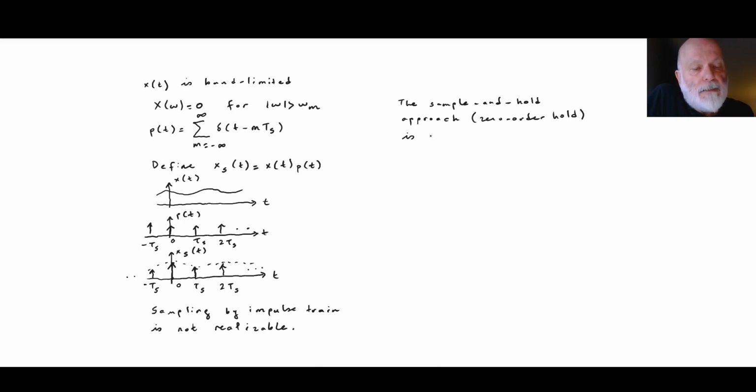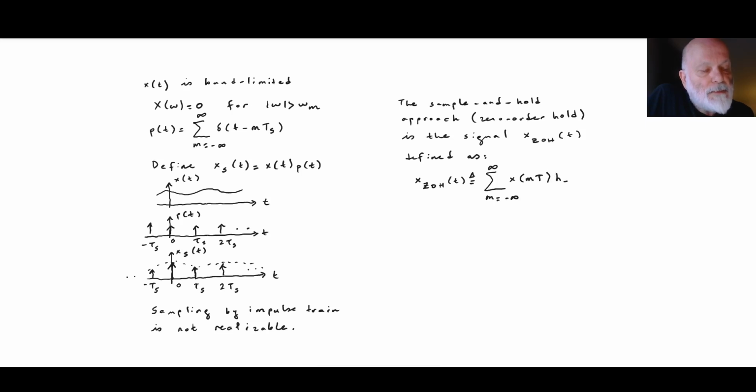Let us call it x sub ZOH, zero order hold. x ZOH of t is defined as the sum over m running from minus infinity to plus infinity of x of m ts times h ZOH of t minus m ts,